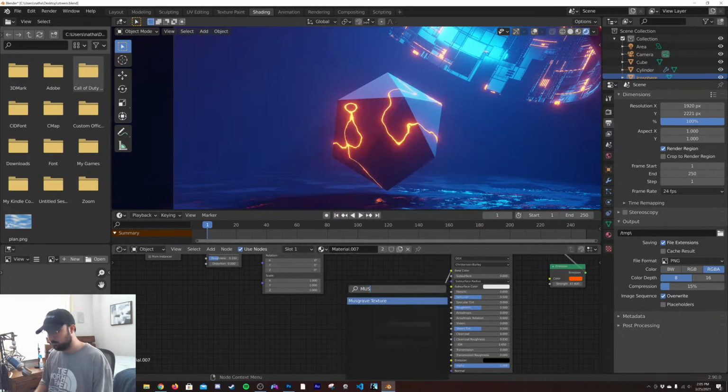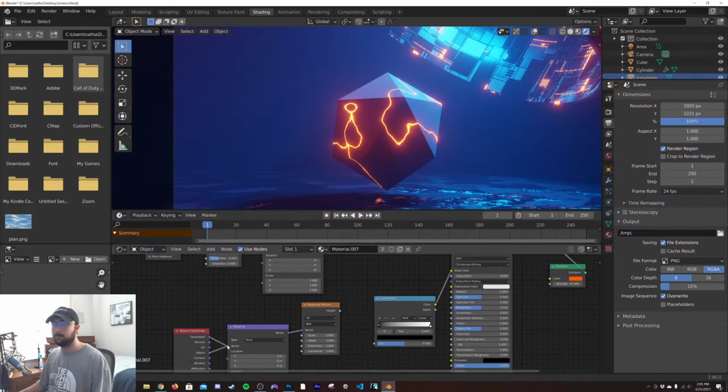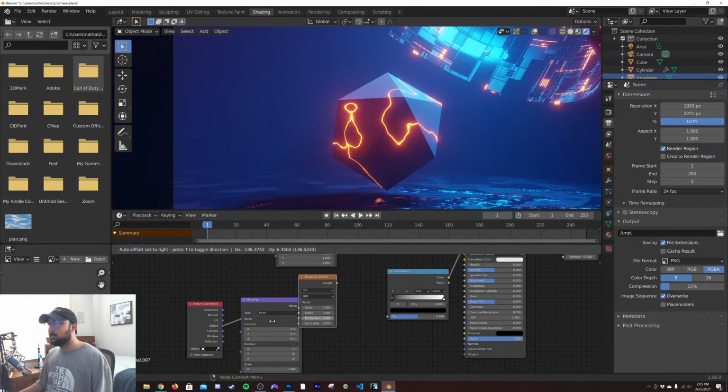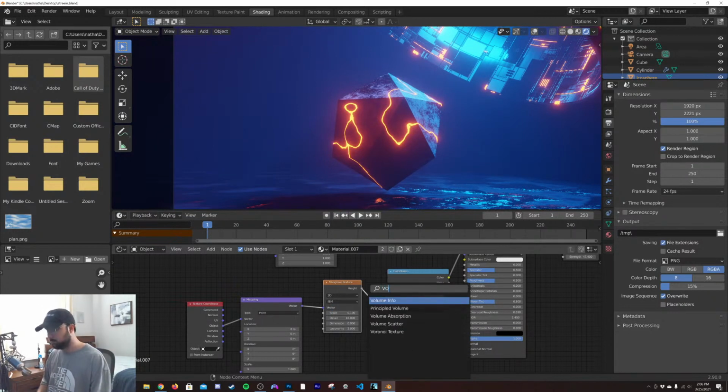And we'll get a Musgrave to get that kind of rusty vibe. Dimension 0, detail up, height into that. Cool, and then 0.1. Okay, so now we're going to get a Voronoi and mix these two.